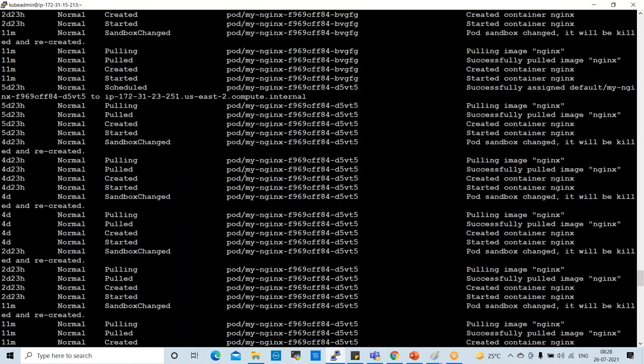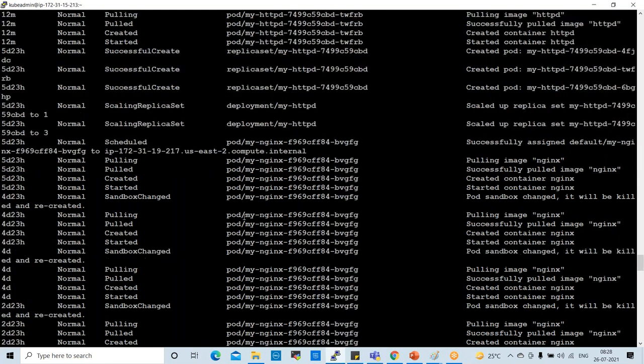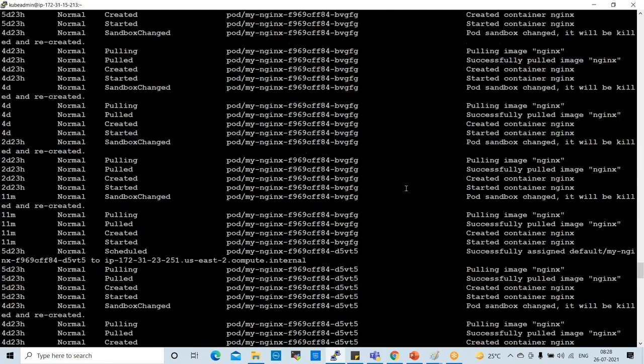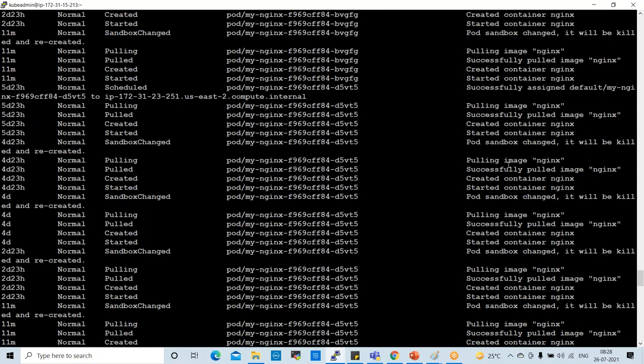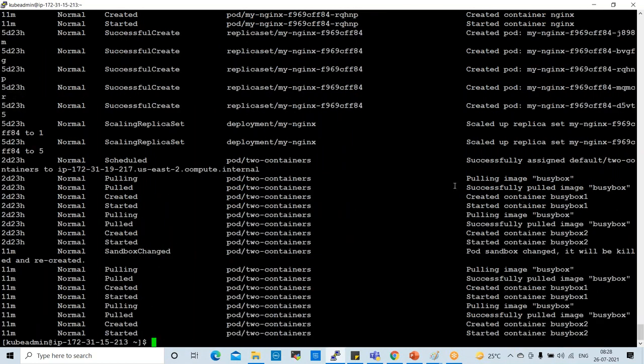See here, so many events are there, one for every pod. Pulling image nginx, successfully pulled image, created container nginx, started container, pod sandbox changed. So different events are there.